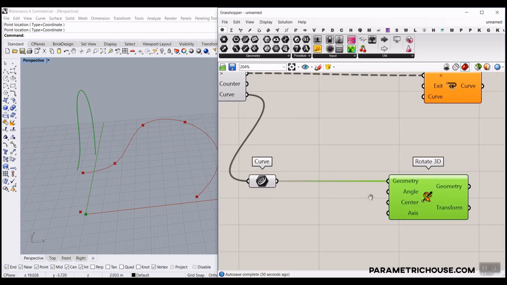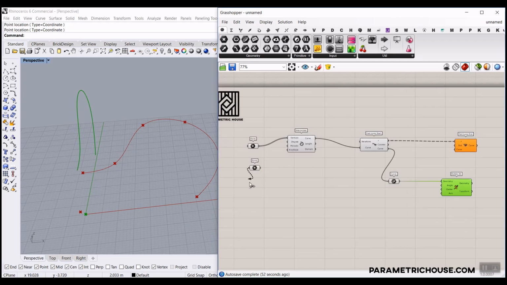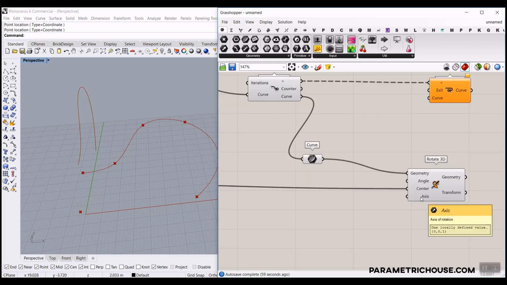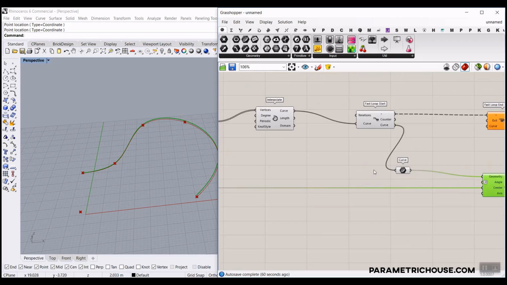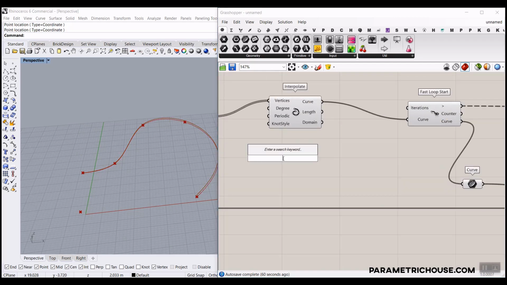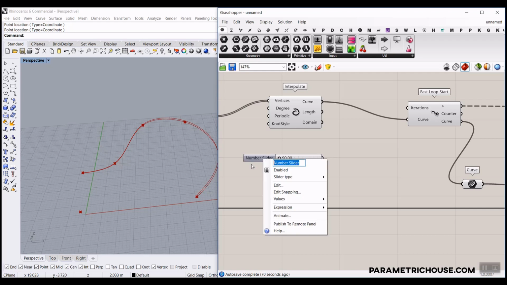The center of rotation is going to be this point, so let's just give that to the center of rotation. That's it. The axis is the Z, and the angle can be in degrees. Okay, how much do we want to rotate it? Assume that we want the building to go from 90 degrees to 270 degrees with 2 decimal points. This is the final